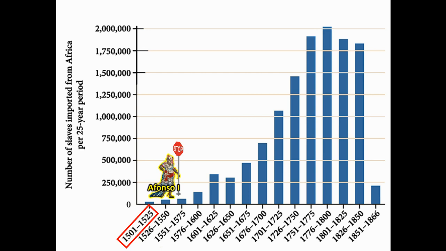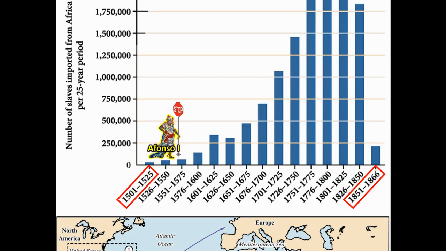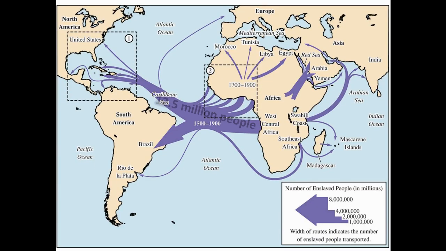More and more enslaved people were forced across the Atlantic each year until the end of the 1700s, and the practice didn't really slow down until the 1850s, when a growing number of European countries finally began to outlaw it. In all, historians estimate that at least 12.5 million enslaved Africans were forced to endure the traumatic journey across the Atlantic. And as mentioned previously, the vast majority of those landed in the islands of the Caribbean Sea or in